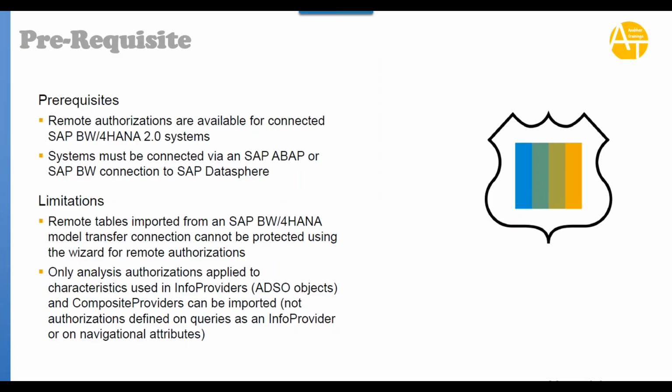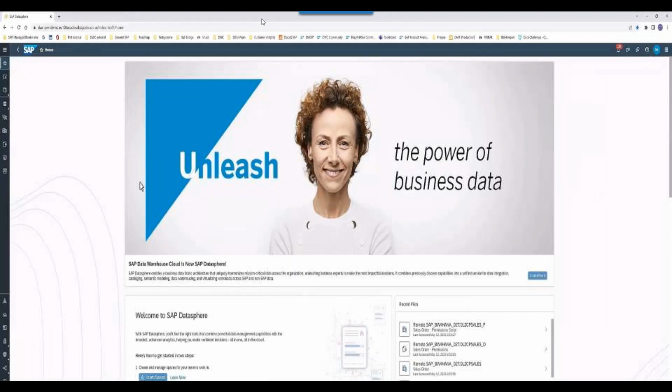So now let's jump start into the demo so that we can see what happens after importing this remote authorization to the DataSphere. So far I showed you the activities which we carry out when it comes to working with the BW system. So what I will do now is jump into the DataSphere system, and then I'll go to my space to show you the data access control. So I will go back to my DataSphere, and I will go to the data access control tab in my DataSphere,